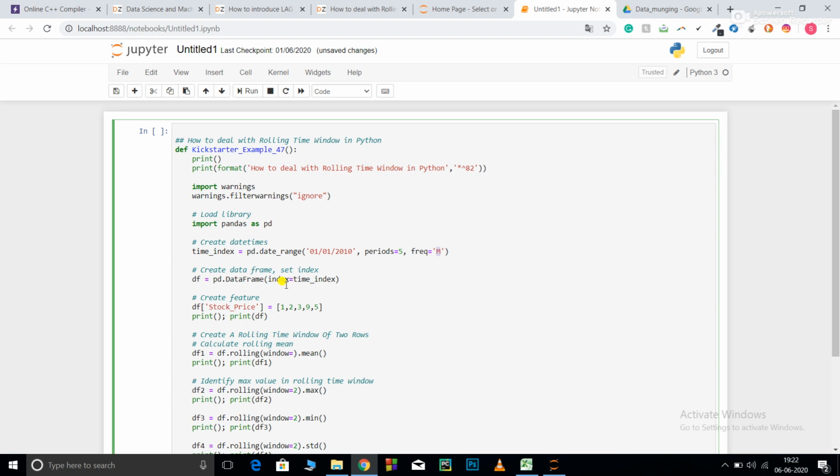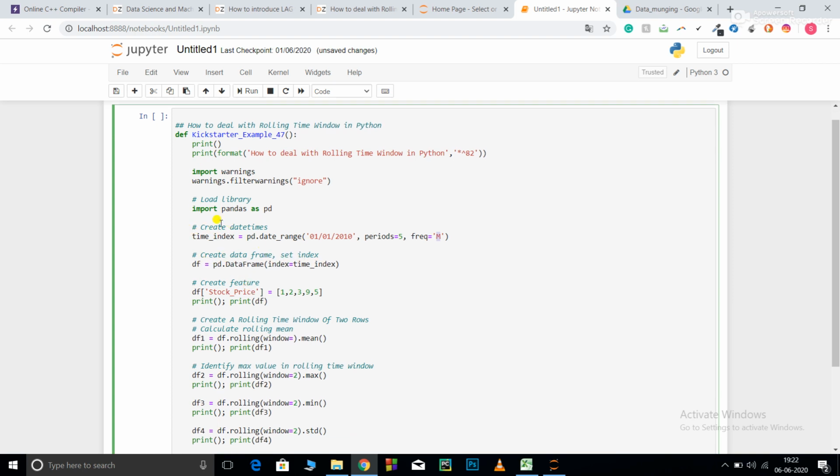I'm setting the index equal to time_index. So I'm creating this time index and setting it as the index, which is the name of the rows.